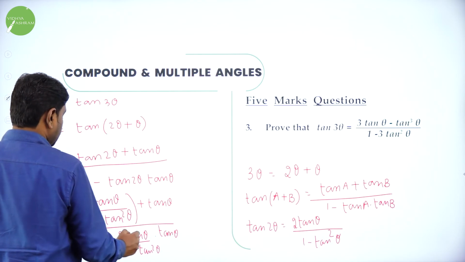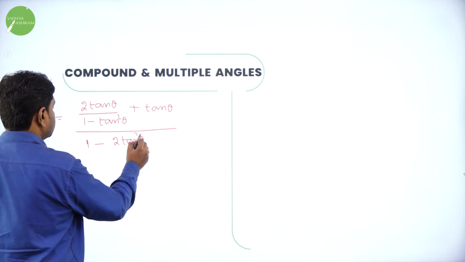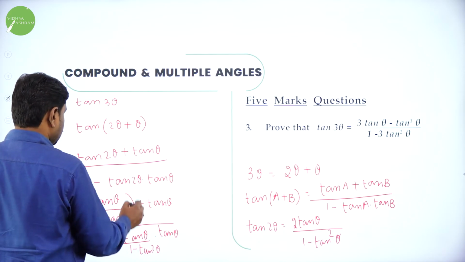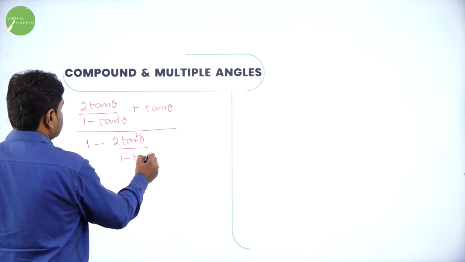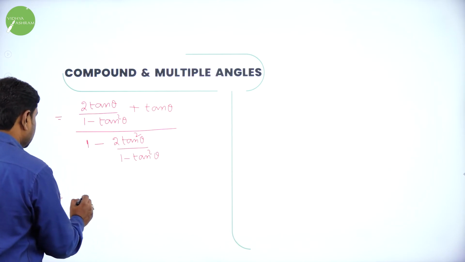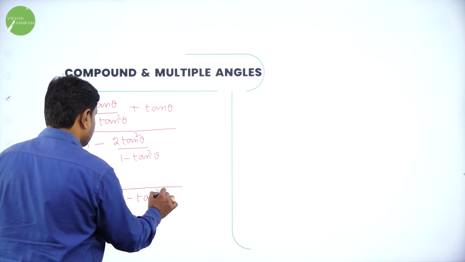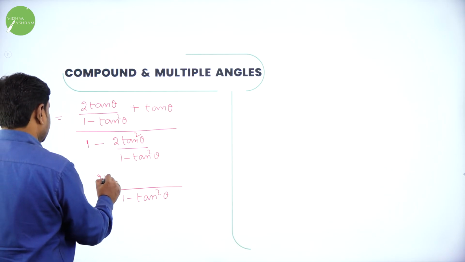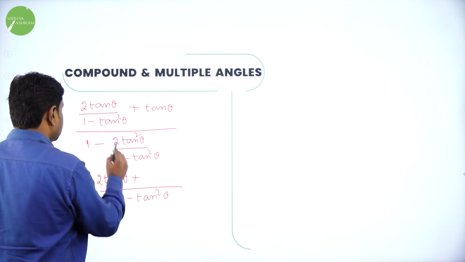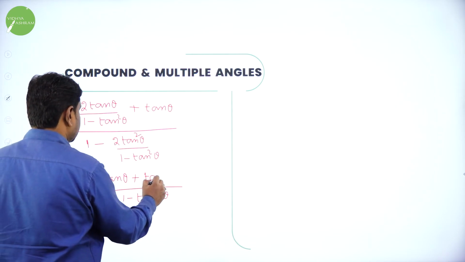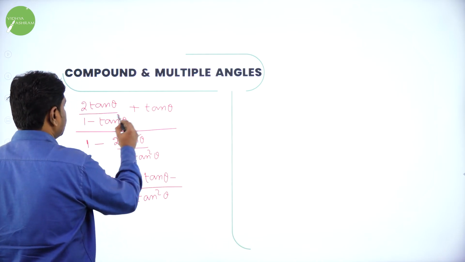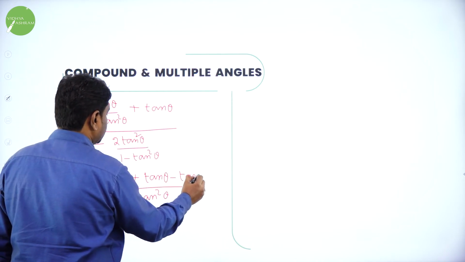So if you observe, 2 tan theta into tan theta is 2 tan square theta divided by 1 minus tan square theta. So now take LCM for the numerator. For the numerator, if you take LCM, it will be 1 minus tan square theta, and the first term will be 2 tan theta plus 1 into tan theta is tan theta, minus tan square theta into tan theta is tan cube theta,